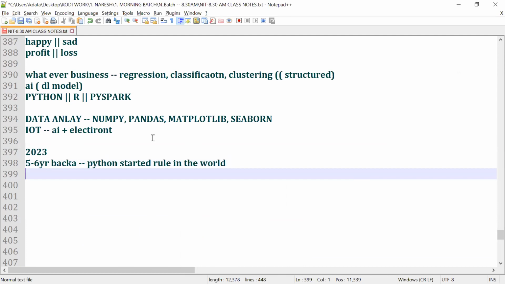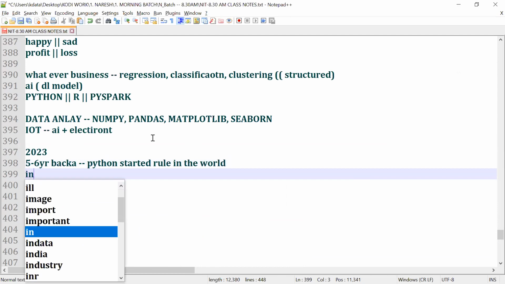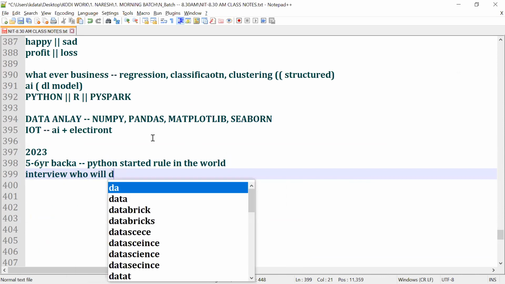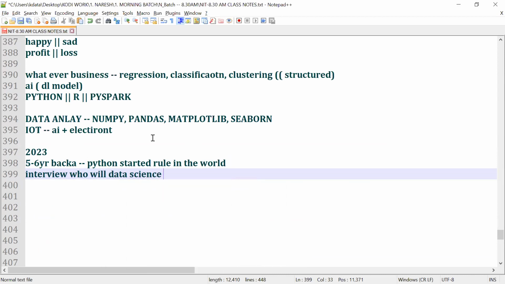I'll tell you about the real-time interview. The person who will take the data science interview himself doesn't know the complete concepts of data science. Do you know this, guys? So feel free and talk confidently in front of him, because it's not an old domain, it's a new domain, guys. So everybody needs to migrate to it. Is everybody clear or not? Okay.